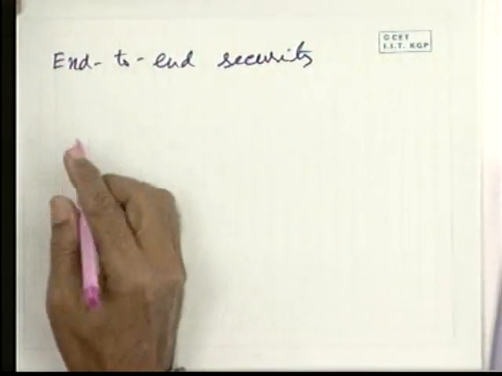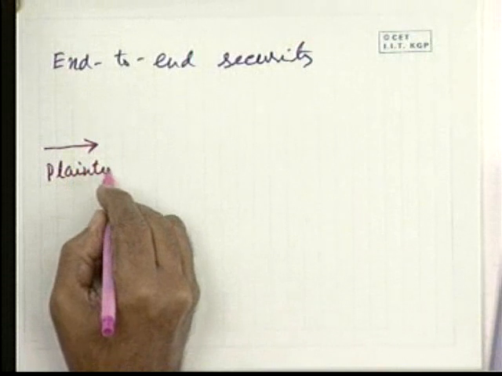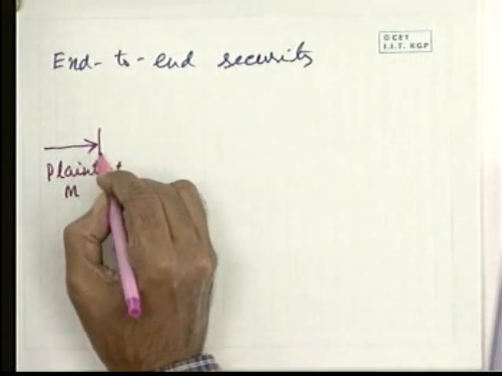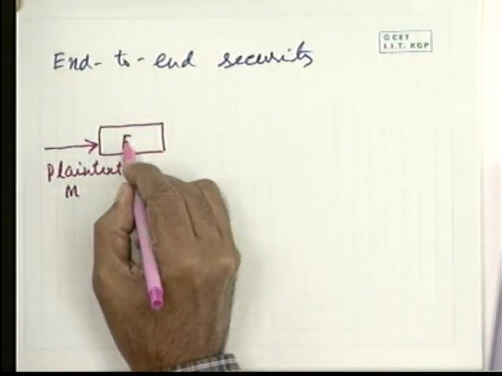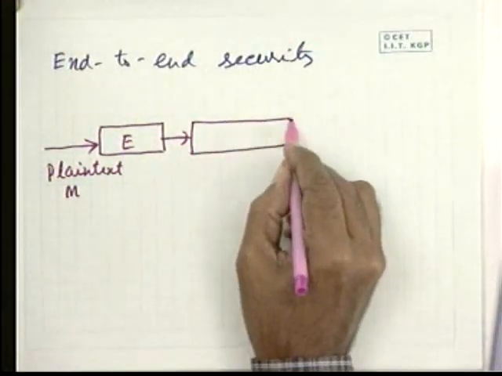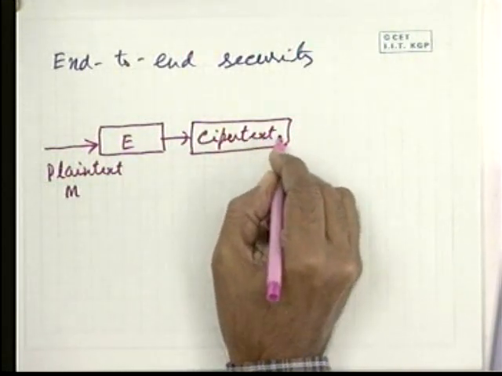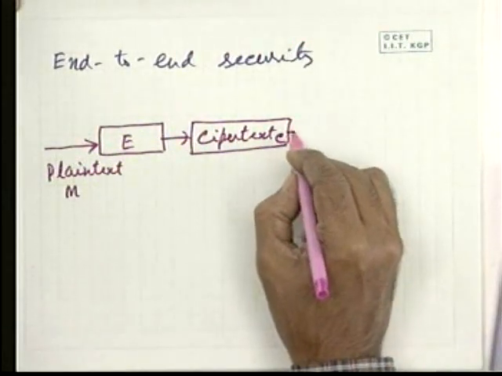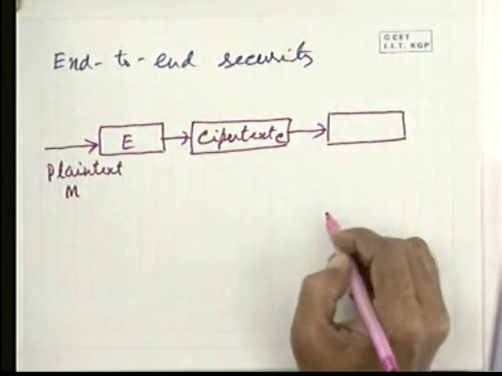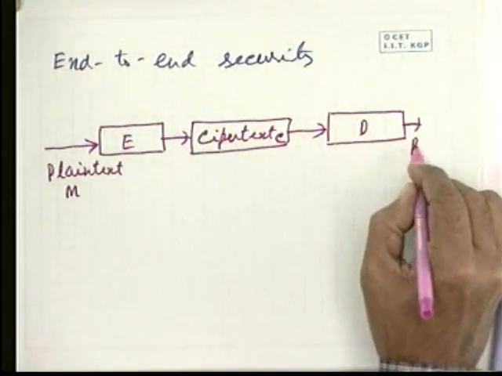Suppose the sender is sending what is called plain text, sent by the user, let it be represented by M, and there is an encryption technique E. After encryption the information is converted into what we call cipher text, or C. Then at the other end, the cipher text is converted back by decryption D, and you get back the plain text